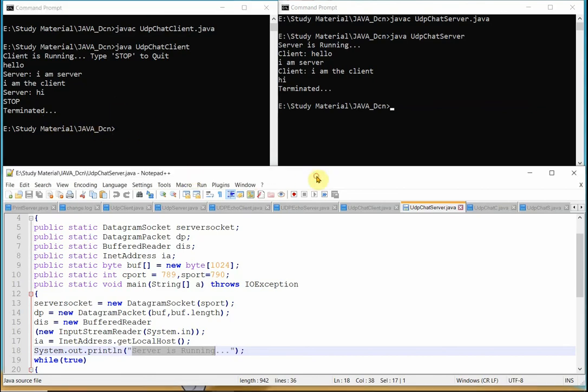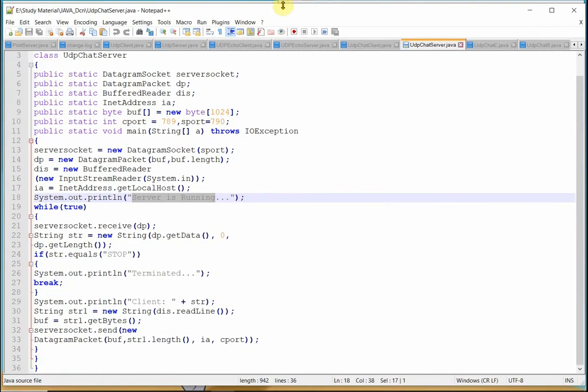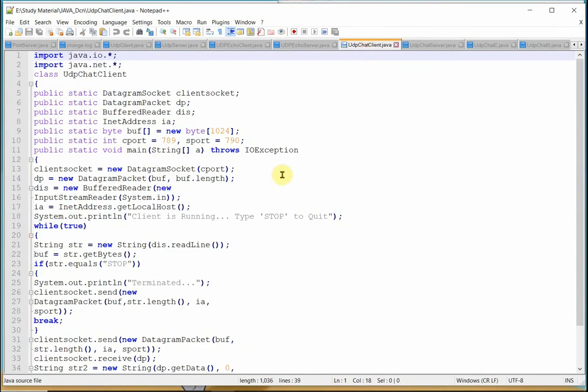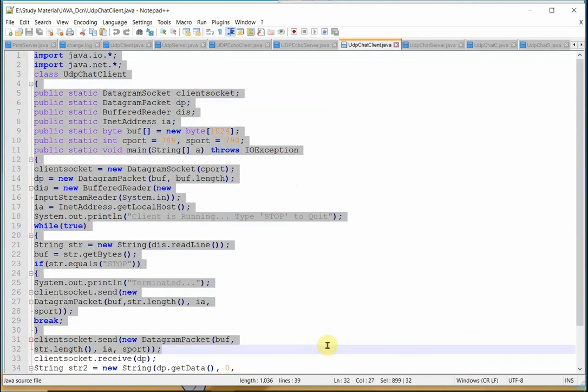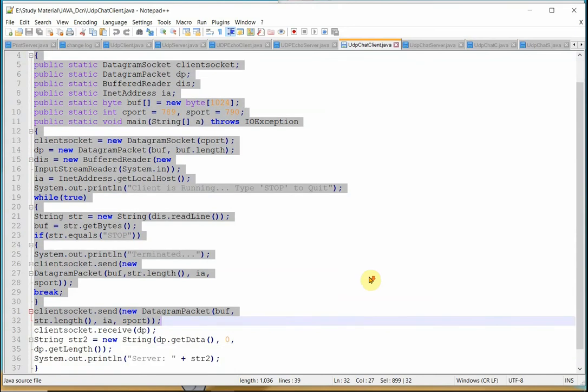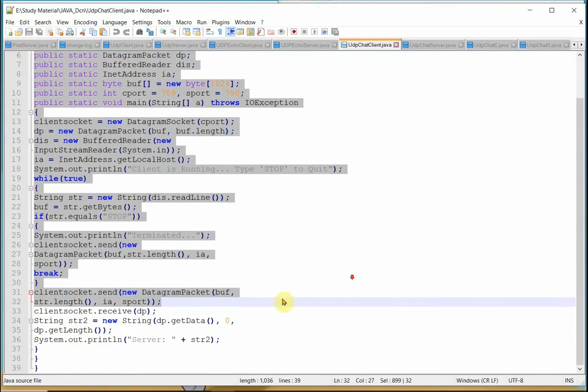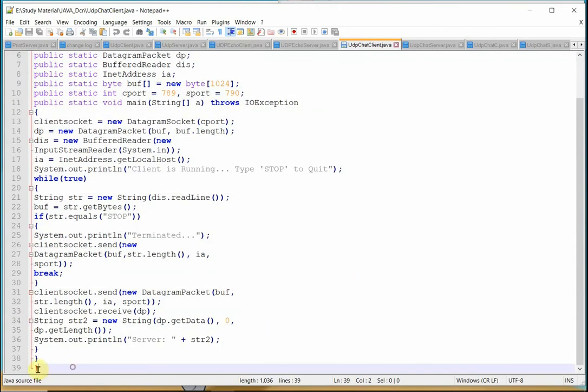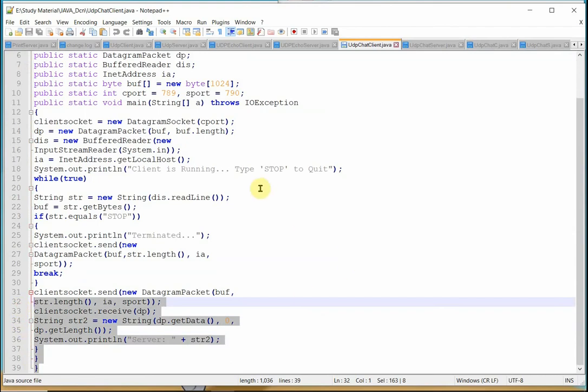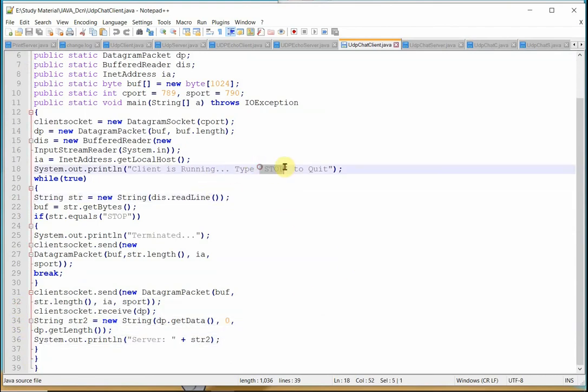So let us go to the code we have written. For the chat client, I have written this code. As soon as we enter stop, it will stop on the client side.